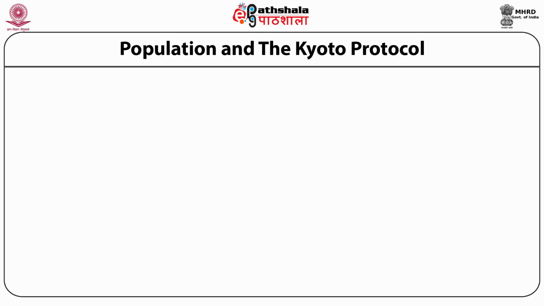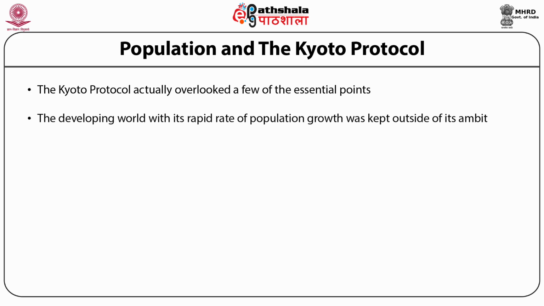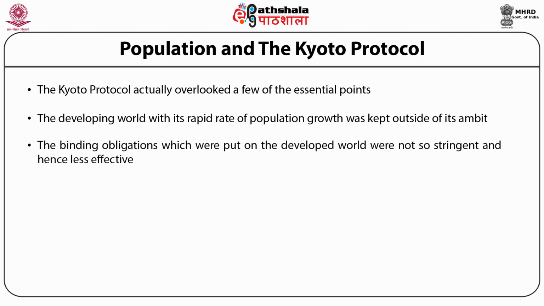Let us discuss the population and the Kyoto Protocol. The diplomats who sat together to frame the Kyoto Protocol actually overlooked a few essential points. One being that the developing world, with its rapid rate of population growth, was kept outside of its ambit. Other being that the binding obligations put on the developed world were not so stringent and hence less